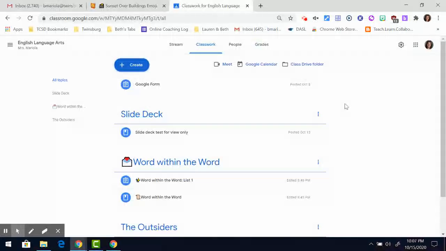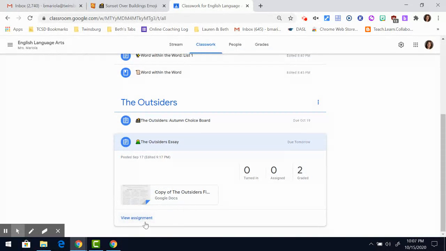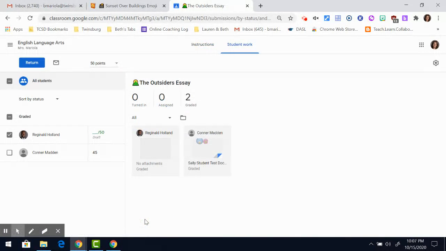Okay, now we're back to the teacher's Google Classroom. So this is my faux Google Classroom. I'm in the classwork tab, and I want to show you here when I click on this essay that's been assigned, I have to go to actually view it. Just a quick reminder that when we're assigning things, we want to make sure we return so that we can sync to Progress Book. So here, Connor has been returned, his essay, his grade, and then Reggie Holland is still